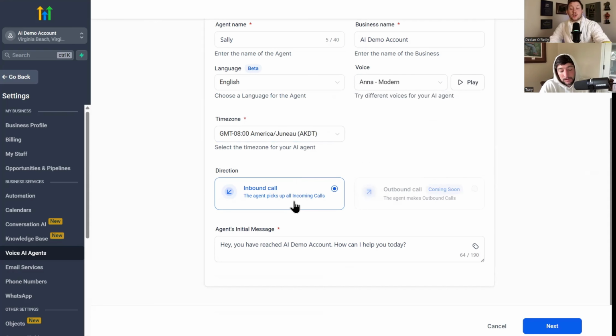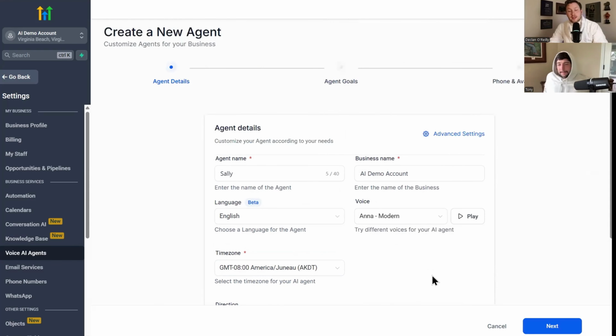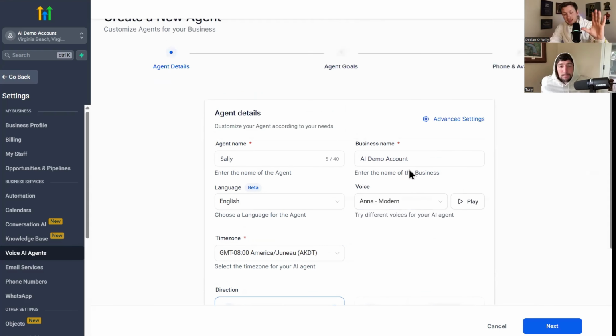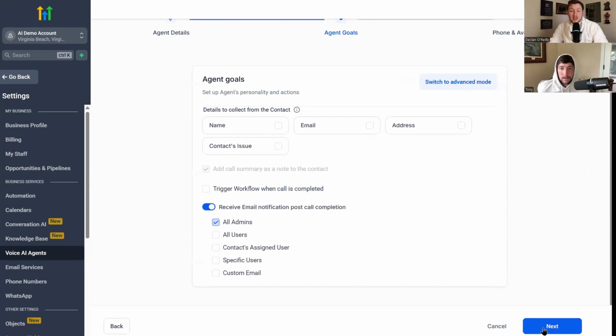You pick the time zone. You can only pick inbound for now. Outbound is actually illegal right now. And then you pick that opening message. I would actually recommend you change this to something simple like, hello, how can we help you? Or just something that may sound a little more human. But again, that's up to your industry and whatnot. So this is just a fast, quick tweak. You go right through this. Then in here,